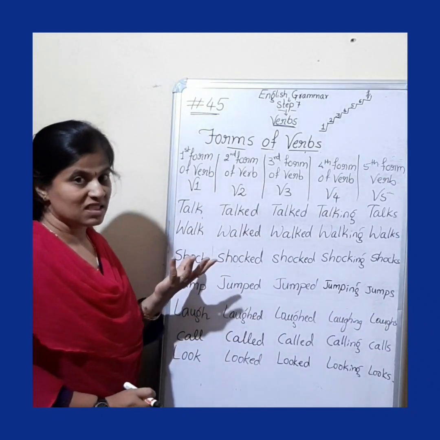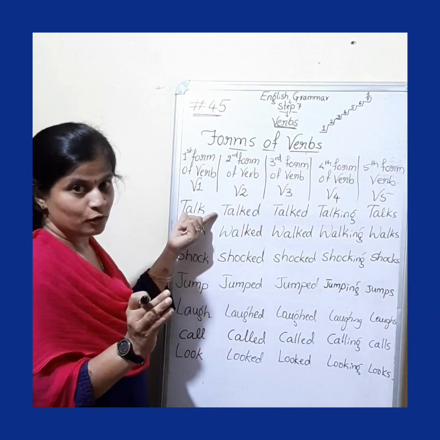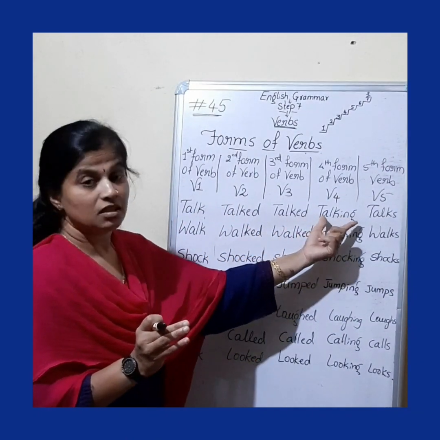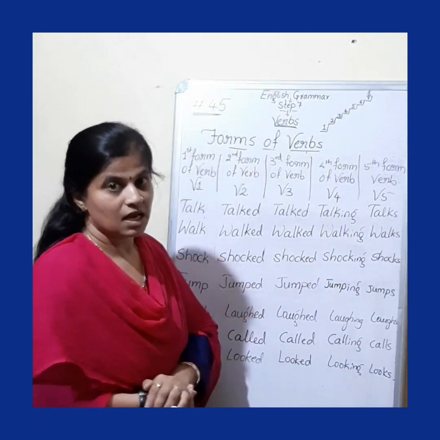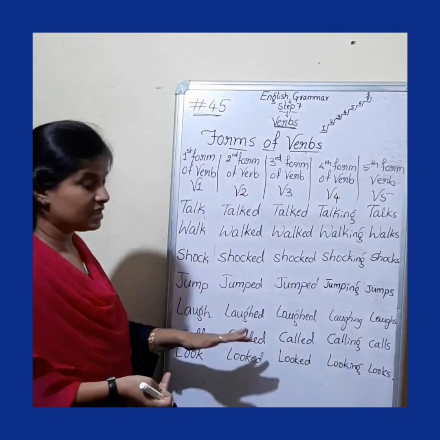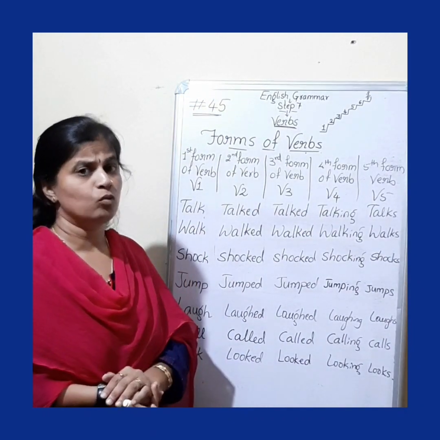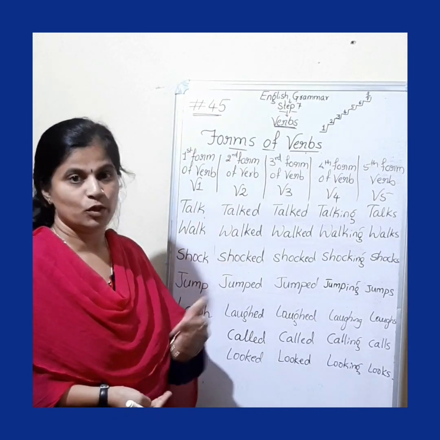I hope the concept is clear now. To the base word or root word, there is no suffix added to it. Okay, so here ed is added, here also ed is added, here ing is added, whereas here s suffix is added to it. Okay, these are the examples. You just have a look over, and there are some irregular verbs also. We shall have a look over it in the next video clipping.